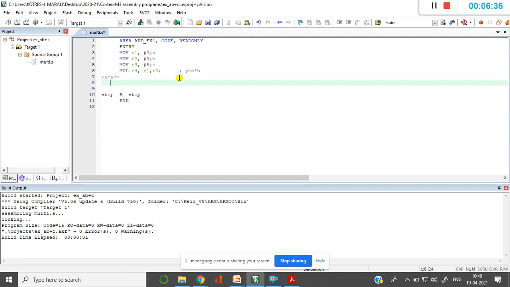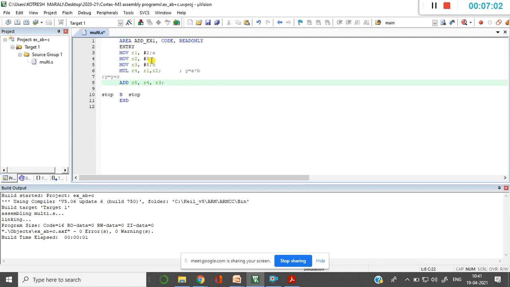So that's where I can use ADD. Once again I will be using R4 because R4 is the final destination register, or else if you want to see the output in another register you can change it to R5. Then I will be performing addition of R4 with C. C is nothing but R3, right?